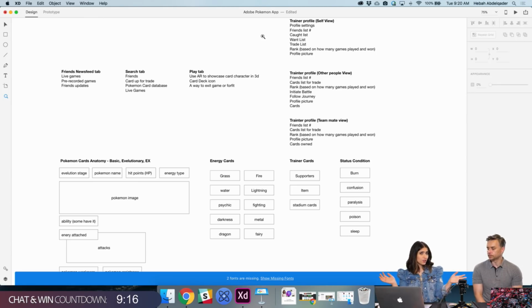If you guys know how many Pokémon there are in total, type that in the chat. I know. I have no idea. There's probably so many. Oh my God. How many Pokémon are there? And have you caught them all?